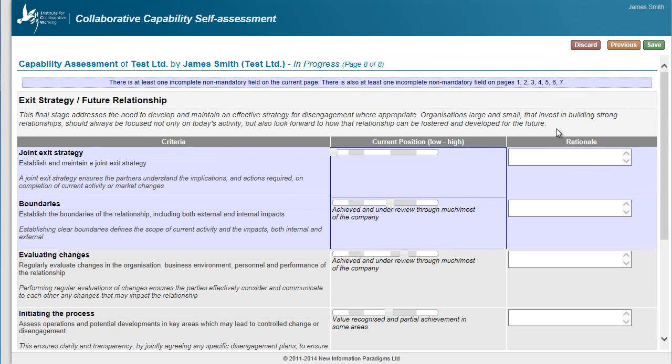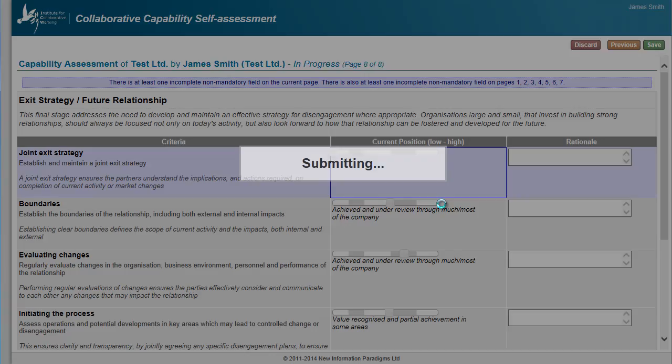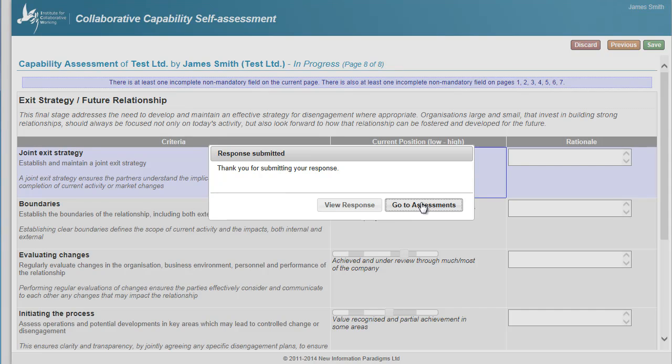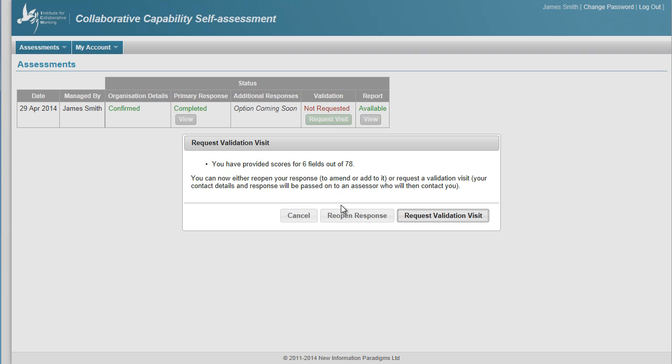So now I'll pretend that I've added the more information that I want to give to the assessor, and I'll save it again. Again, the save dialog box comes up. I'll submit it again as we did before, and I'll go back to the assessments page. And now we're back as things were when I originally ordered the validation, and this time when I click request visit, I'm not going to reopen the response because I've added the extra information. I'm actually going to click request validation visit,